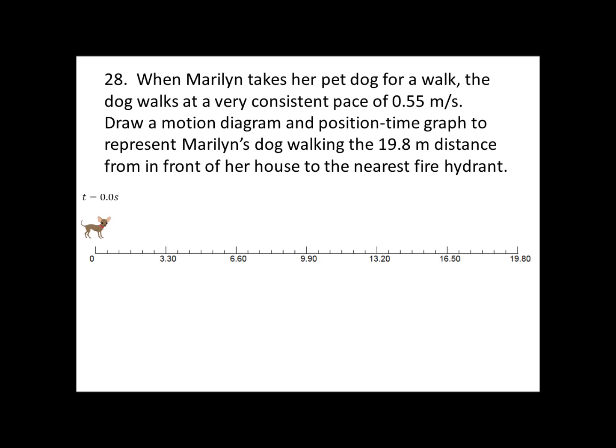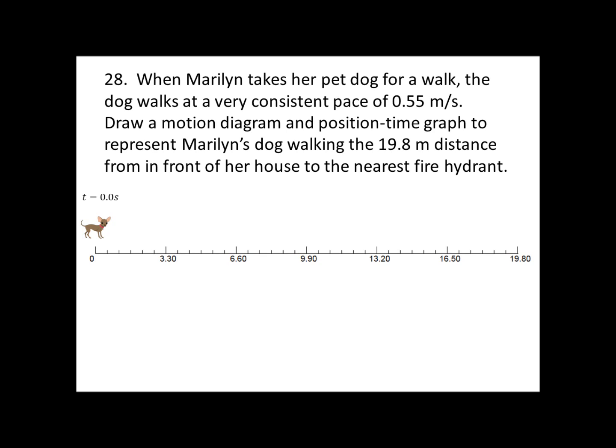So I need a number line, and it turns out that the two numbers that they give us, the 0.55 meters per second and the 19.8 meter distance, work together very, very well. So I'm going to go ahead and start my number line at 0, end it at 19.8 perfectly. If I wasn't exactly sure, I could always just round that up to 20, but it does work out perfectly. We see the dog, because this is a motion diagram, not a particle model,